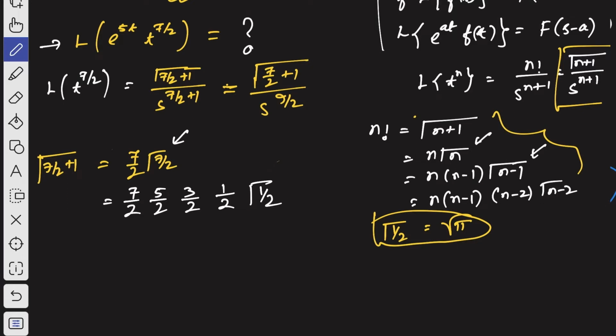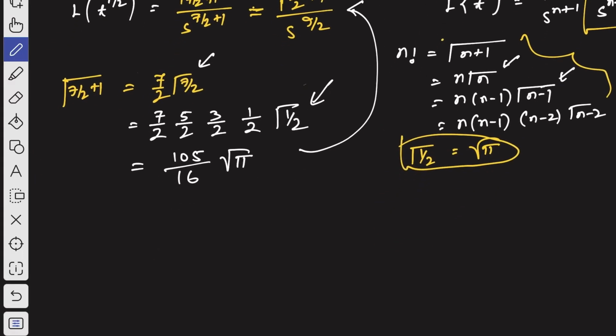Okay, so let's multiply all those. Then here we will get 105 by 16, and gamma function of 1 by 2 is nothing but root pi. Okay, so now let us use this value here. Okay, let me scroll down. Then what you will get,